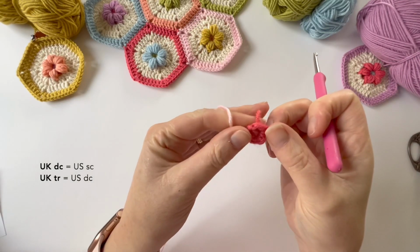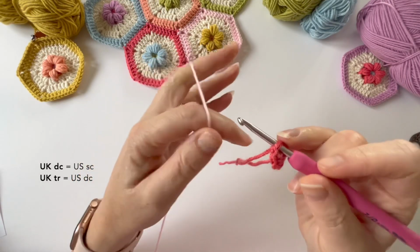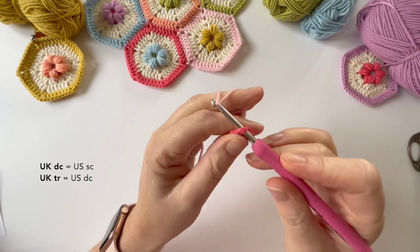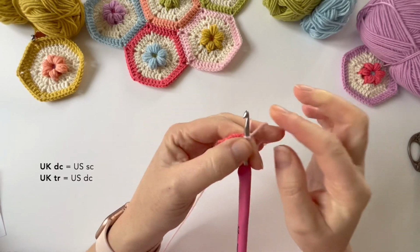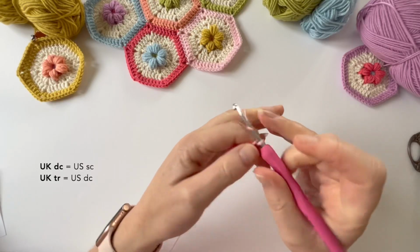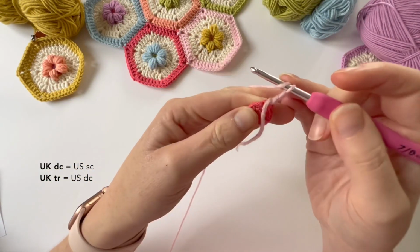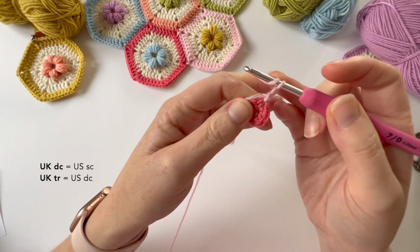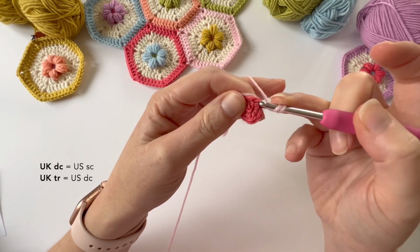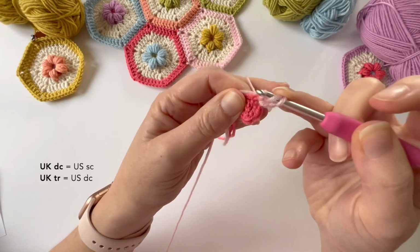Okay, so I'm going to take my little loop and I'm going to add a new colour in. So I've got a pale pink here, and I'm just going to make 2 chains to begin, and this is where we're going to do the puff stitches now. So I'm going to yarn over, pop the hook into that same stitch, yarn over and pull through,